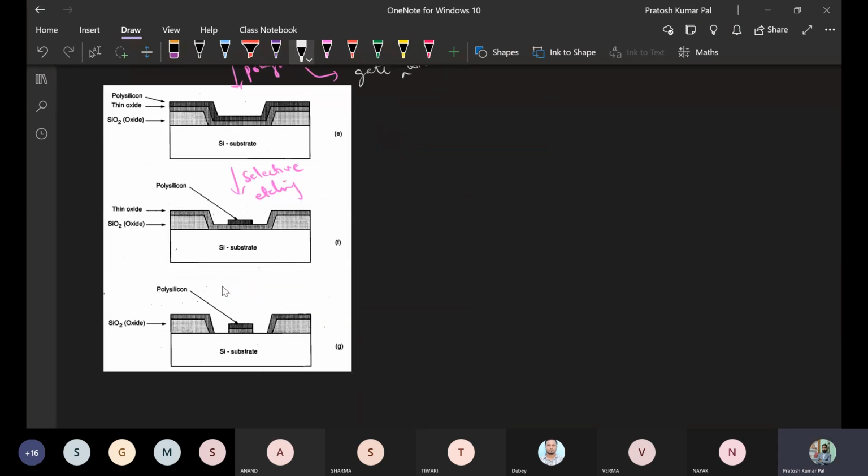We will be performing etching. After doing this etching, this selected portion of the thin oxide has been removed. So this has been removed and this has been removed. This is the portion exposed to the environment. This exposed portion is directly exposing the substrate semiconductor. So here it is exposed to the environment, and here also.